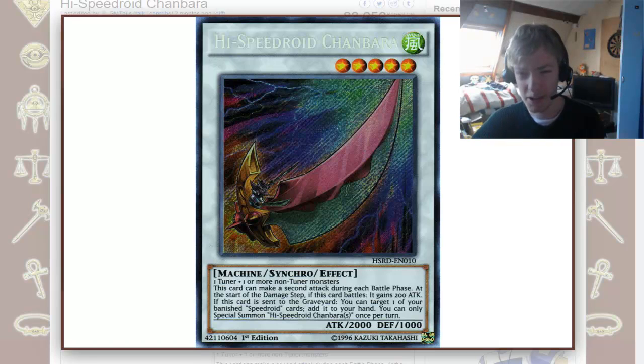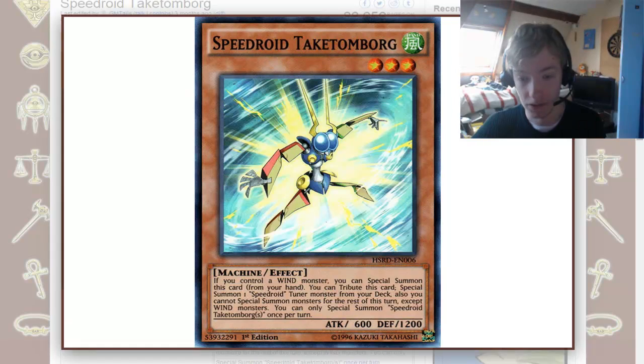You can only special summon a Chanbara once per turn. That's likely to stop OTKs from happening too easily. Because if you happen to have a combo of like a Terratop and like 1 or 2 Borgs or whatever,